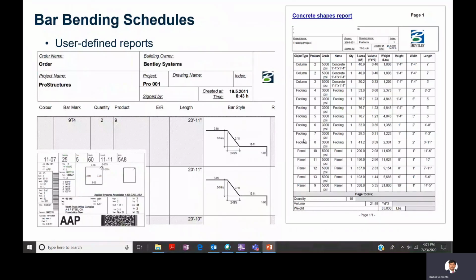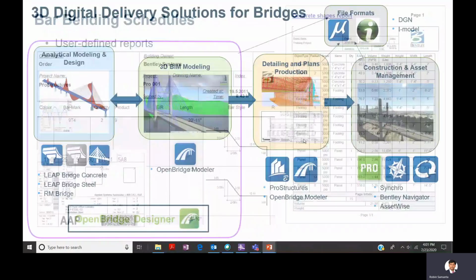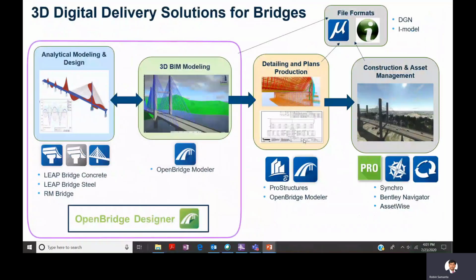So in summary, what we are suggesting is that OpenBridge Designer follows an integrated workflow inside a bridge project. You start with 3D modeling, right? And that is also following the BIM method. So in a collaborative environment, you take care of all other disciplines and you start creating your 3D model.